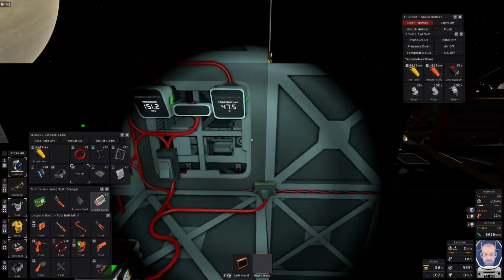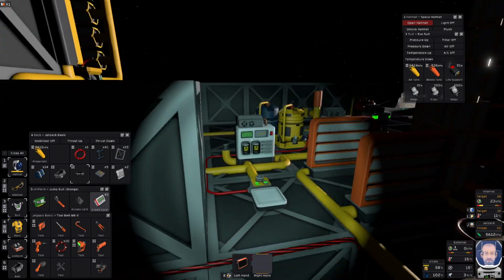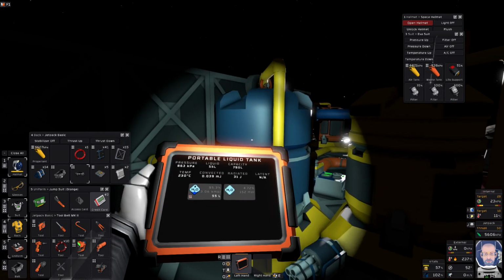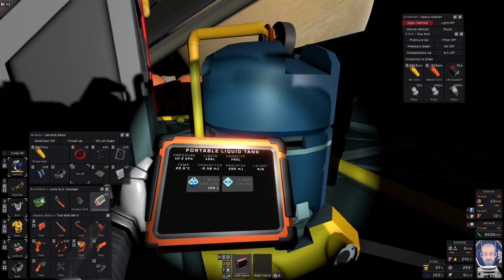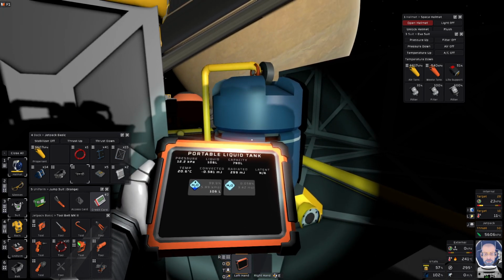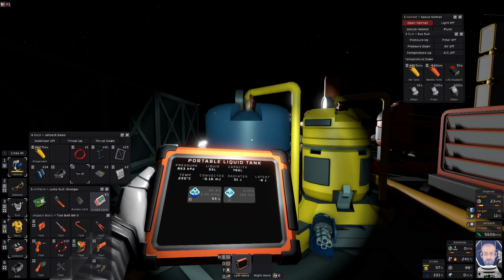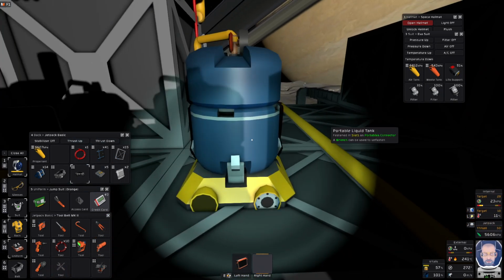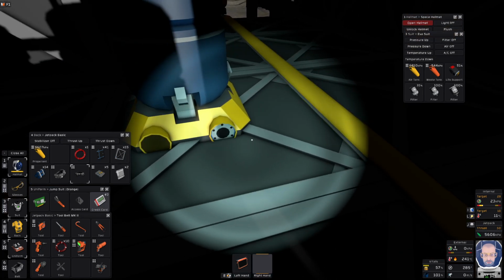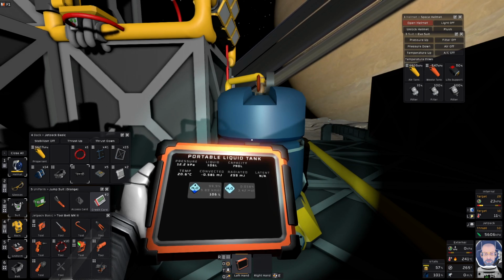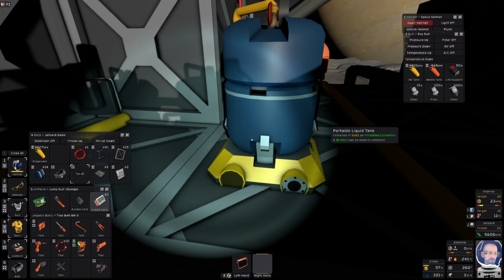I notched this down to force that to work a little harder. The only negative side effect of that is I produce more water. And right now, ooh, what is this? Ooh, I got to take that down. See, I got 106 in there all cooled. And I got another 55 in there. I have to remember to take that down, although I took the cooling down, so it should not be cooling anymore. Looks like I have a little bit of convection. I'm not sure how. It's not connected to anything. Anyway,